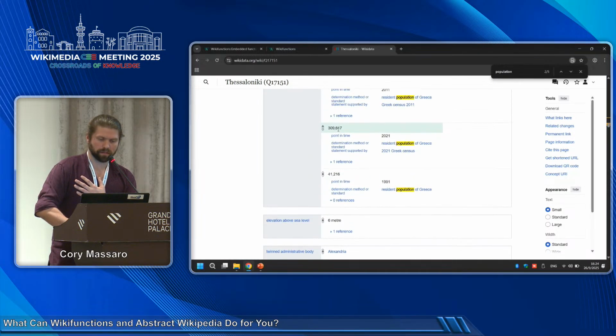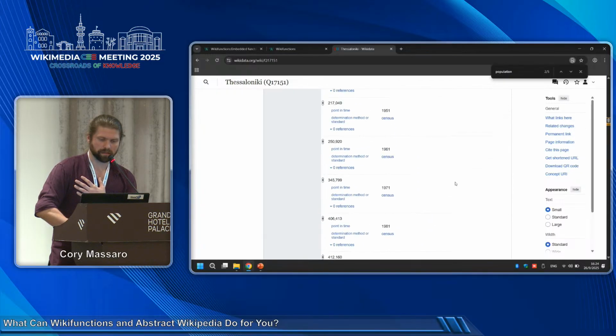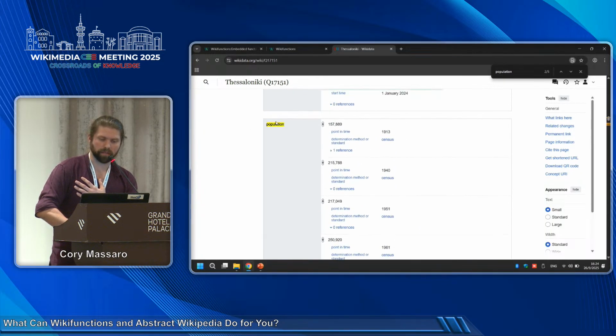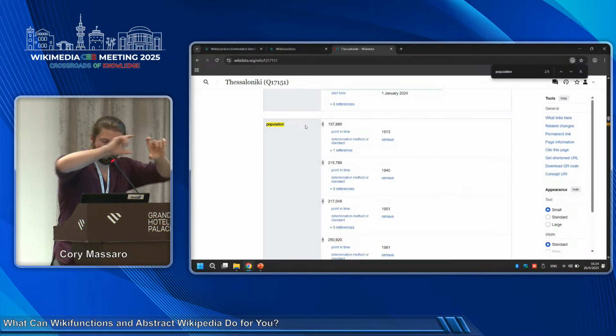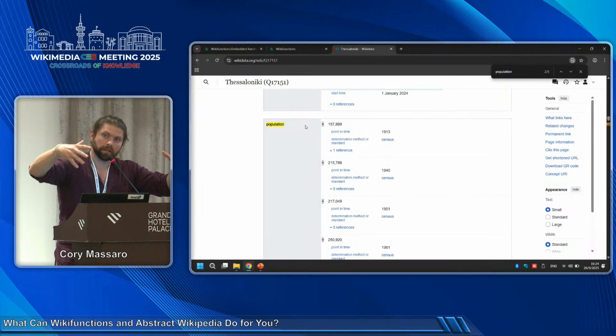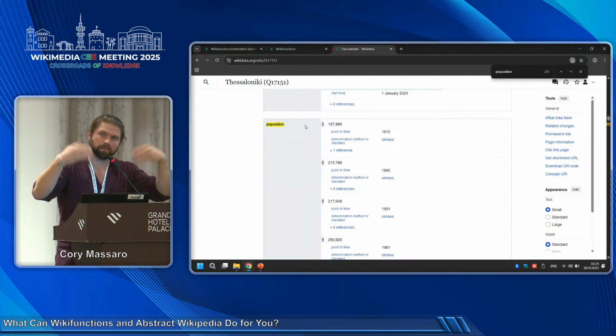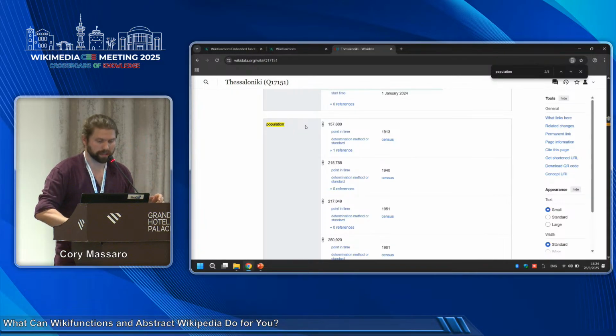Yes. So these are like populations at a given point in time. So in theory, just using this information, we could say, okay, for Thessaloniki, what's the population? Spit me out a sentence. And as long as somebody has written a function that says, here's how you represent the population of a place in X language, then in theory, we can generate that sentence for all of those languages. So yeah, it is what you said. I just want to tie it down to a concrete example.